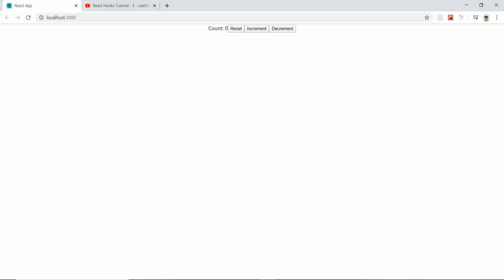So yeah, we got the 3 buttons: reset, increment and decrement. When I click on increment, it will increase the count value by 1, and if I click on decrement, it decreases the value by 1, and if I click on reset, it sets the count value to 0.